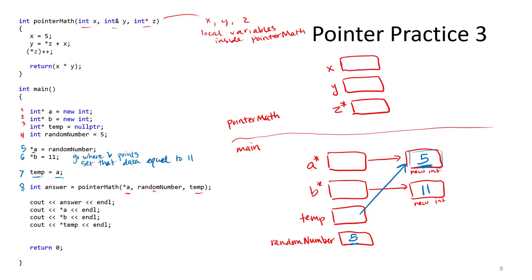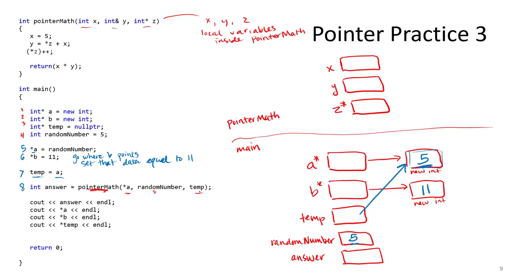Notice what happens in line 8. In line 8, we declared a new variable named answer. So we have a new int variable, and in the same line of code, we are assigning answer the value returned by the pointer math function. So we're going to call the pointer math function,